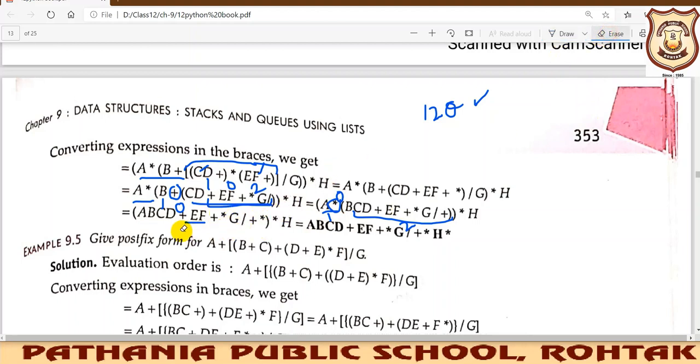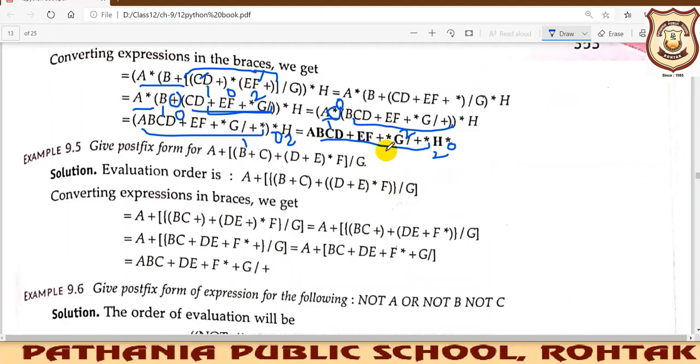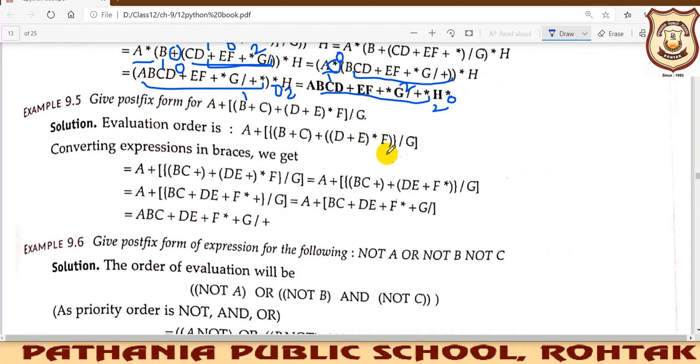So now this will become the complete one. This will become the first operand, this is your operator and this is your second operand. Now again we'll follow the same rule: operand 1, operand 2, operator. This is completely operand 1, so we have written it as it is up to here, then the second operand and then the operator. I hope it is also clear to you. Okay beta, so next is